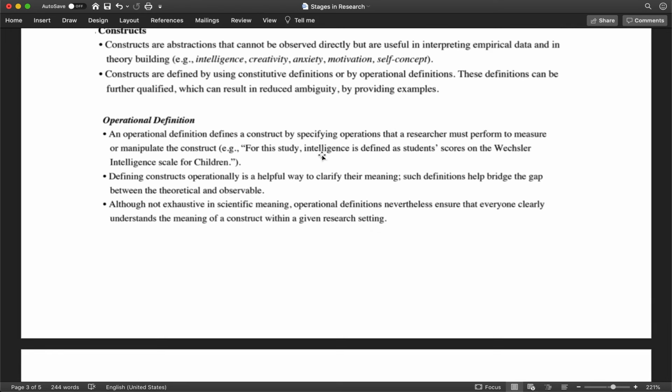So I gave you an example with respect to intelligence. For this study, intelligence is defined as student scores on the Wechsler Intelligence Scale for Children. So back to my CFI motivation example. Motivation in this study would be defined as the score on the flight instructor motivational scale by the FAA, for